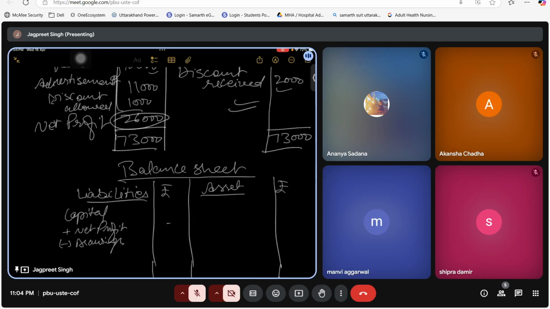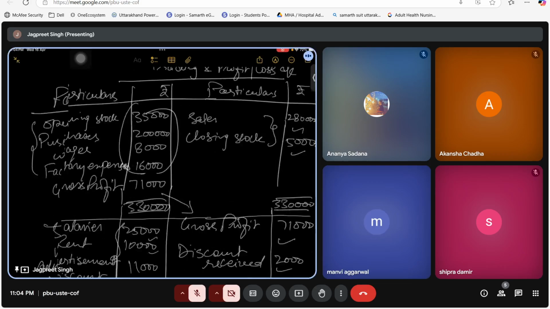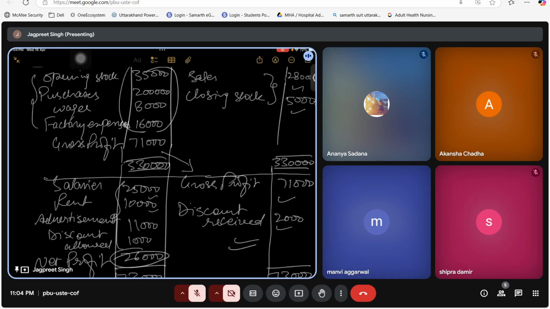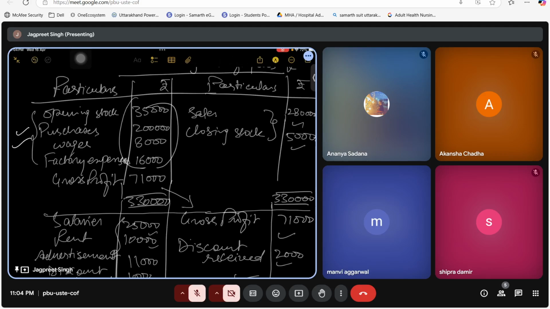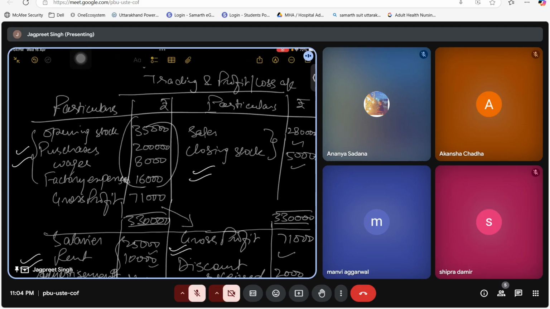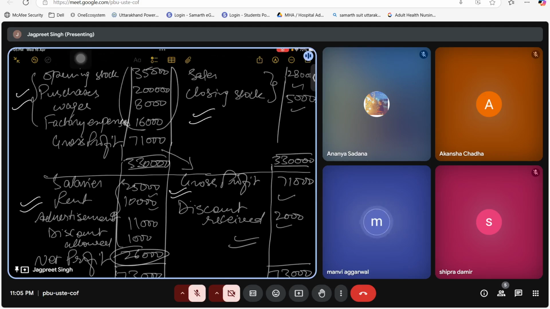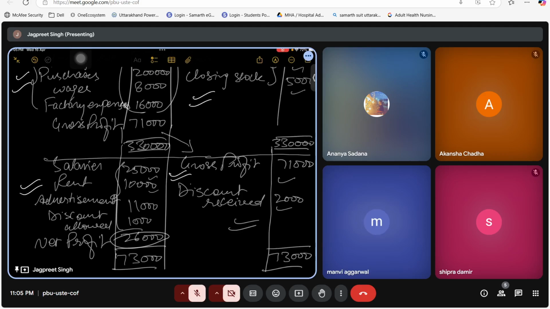प्रॉफिट और लॉस निकलना ना निकलना वो प्रैक्टिस के ऊपर है, वो लास्ट का पार्ट है। हमें पहले फॉर्मेट पे फोकस करना है। वी डोंट हैव टू गो ऑन द करेक्ट आंसर। पहले तो वी हैव टू अंडरस्टैंड कि एक्सपेंसेस क्या होते हैं, इनकम्स क्या होती हैं, लॉसेस क्या होते हैं, गेन्स क्या होते हैं, एसेट्स क्या होते हैं, लायबिलिटीज क्या होती हैं। अगर ये टर्म्स मुझे समझ में आ गई, तो आई विल बी एबल टू पुट दीज ऑल टर्म्स इन देयर करेक्ट प्लेस पे। सबसे पहले इंपॉर्टेंट वही चीज है।